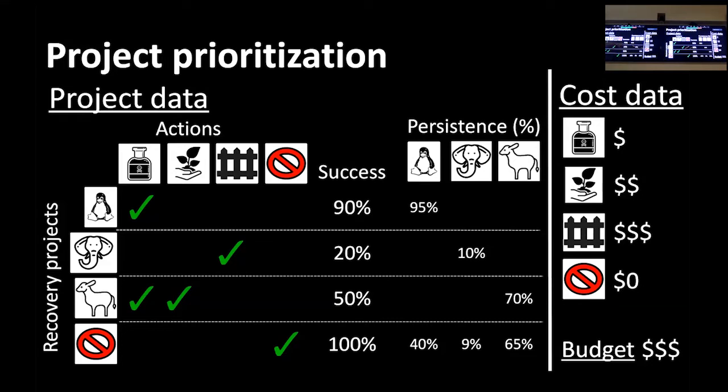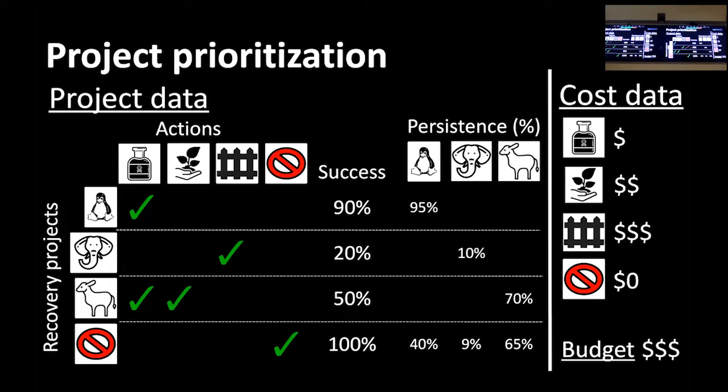Assuming that these recovery projects succeed, we would expect to see this improve the probability that our species would persist. So if we fund the penguin recovery project and it's successful, we would have a 95% chance of the penguin persisting into the future. That would often be estimated using expert elicitation, that kind of stuff. But if this wasn't funded, then we'd have a 40% chance of penguins persisting. So we can see different recovery projects give us different probabilities of different things persisting. And generally that improves over the do nothing scenario.